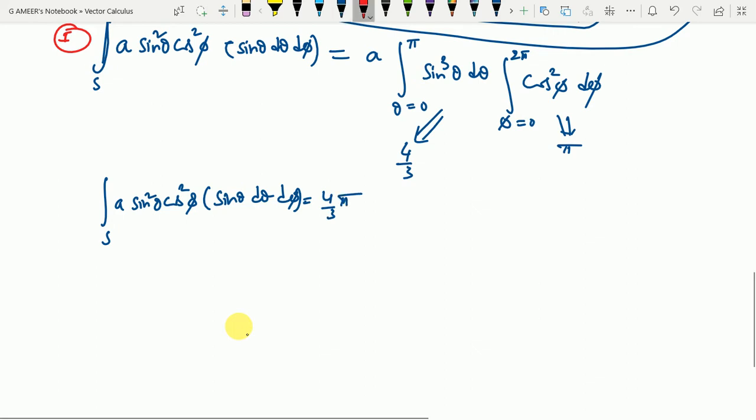Now let us go for the second part. The second term will be the surface integration of